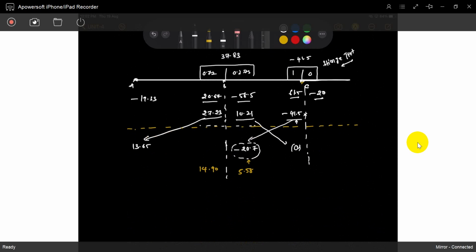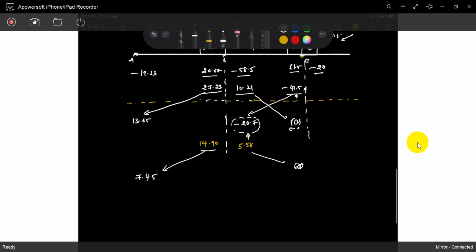So that's it. It's enough. It's over. We got the 20 and we distributed it. There is no carryover moment, it's 0. But it's 14.9. The carryover moment will go to the far end. So 14.9 divided by 2 goes to 7.45. That's the end of the story. No need to distribute again because it's over.